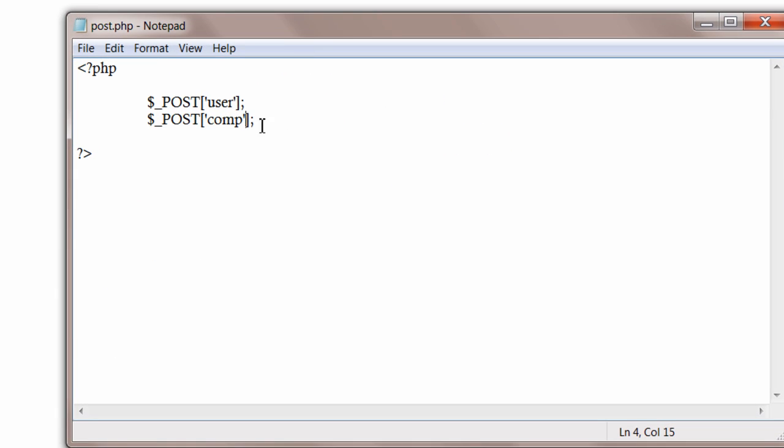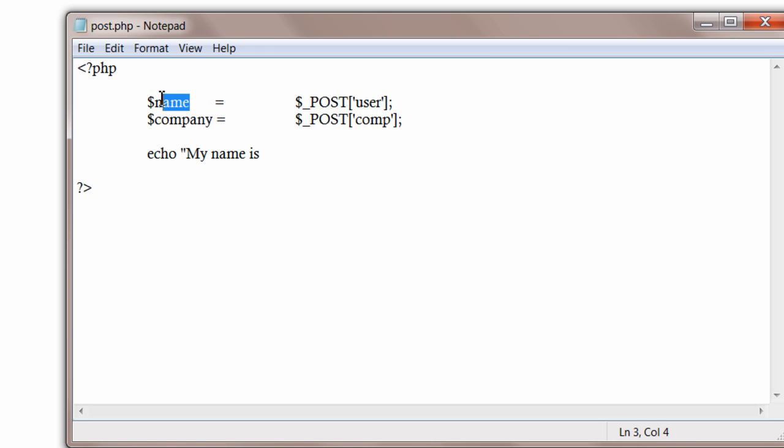So we can use this, or we can assign the value to another variable. I'll call it $name is equal to, and $company is equal to this. Whatever information has been passed through the HTML form is now stored in $name and $company. Now we can use these values stored in these variables for our purpose. In this example, to keep it simple, I'm just echoing it to the browser. We can include the HTML tags inside here. So BR is line break,